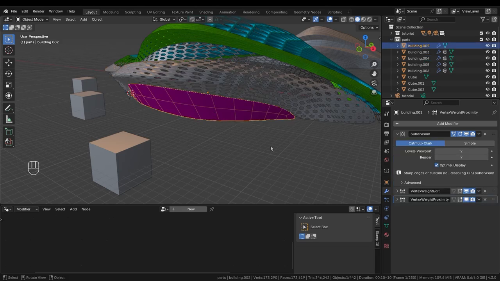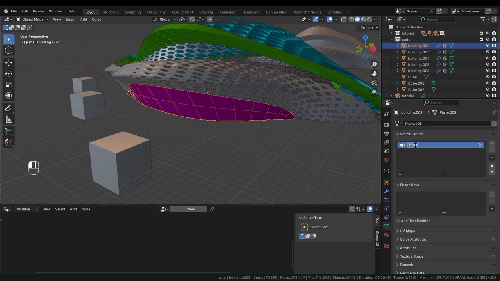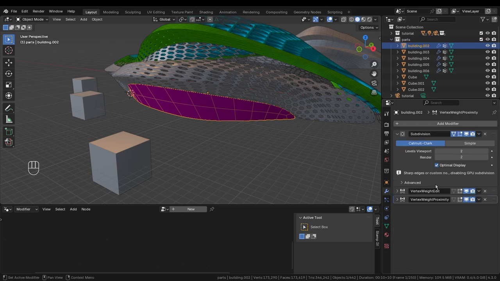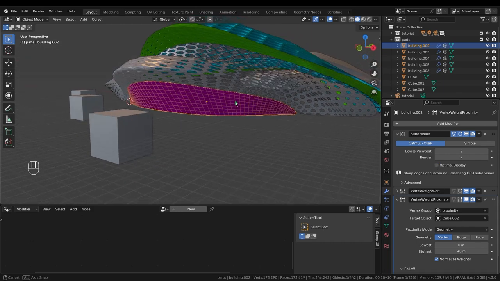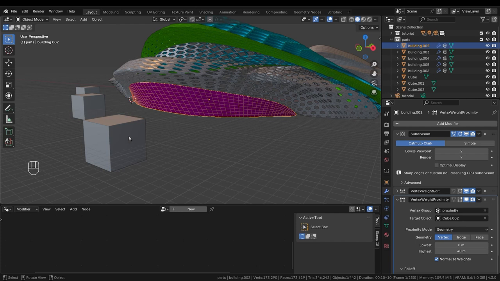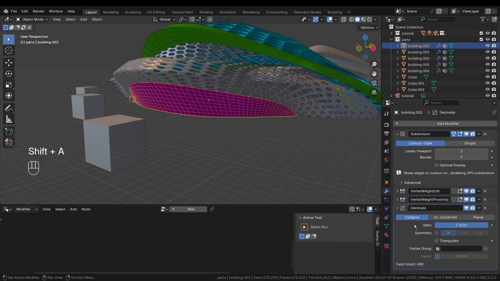With this one, I need to add a proximity group again, so that we get the weights, and the weight will be based, of course, on this new opening created here. I will disable optimal display so that we can see what's happening. I will decimate this geometry, lowering the number of vertices and edges based on the proximity to this cube. How would I do that? Shift A, decimate modifier, and as I lower this, you see how I have less